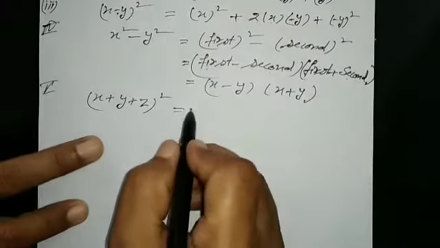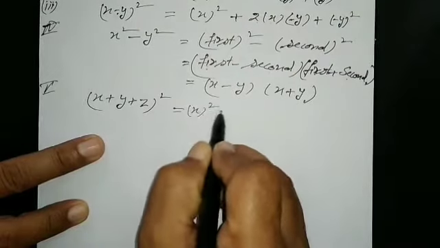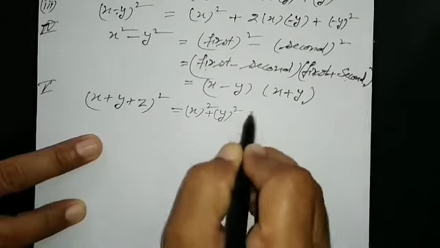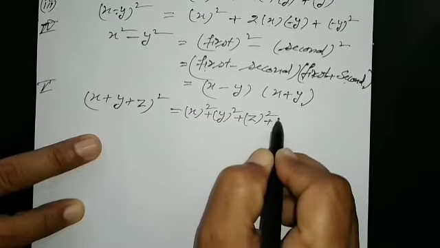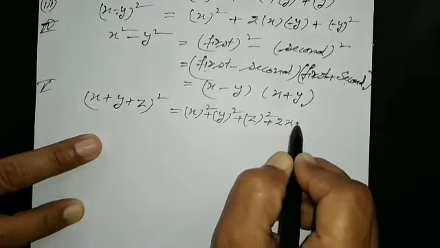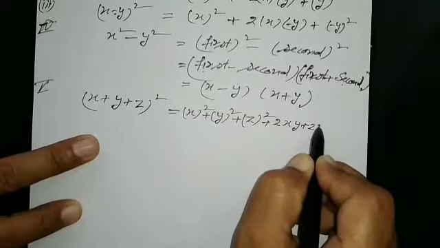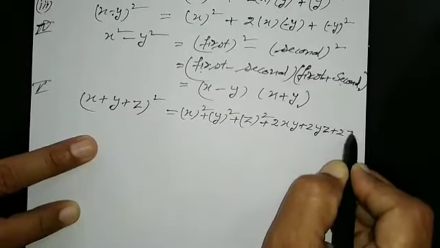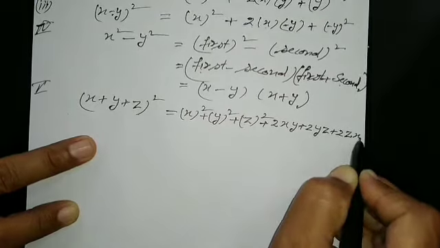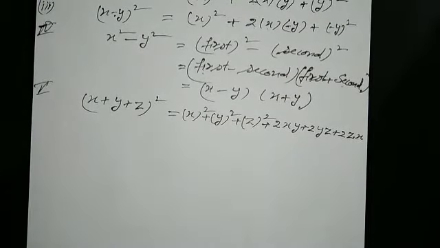So square of first, square of second, square of third. Then multiply first into second, second into third, and third into first, right? So you can remember these, and the